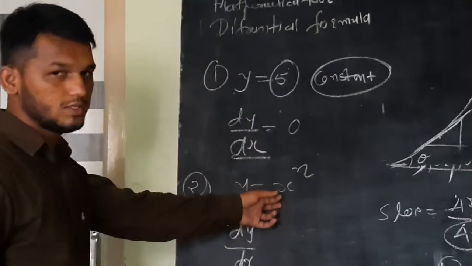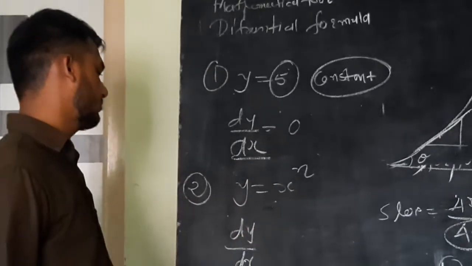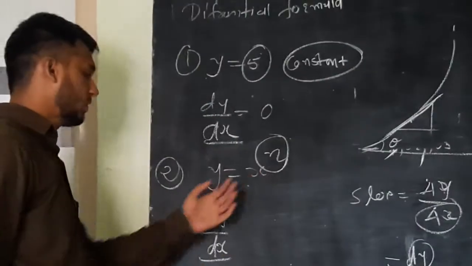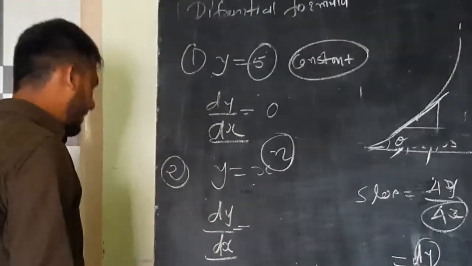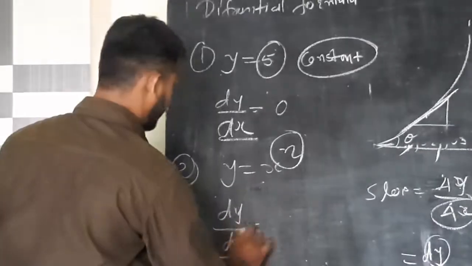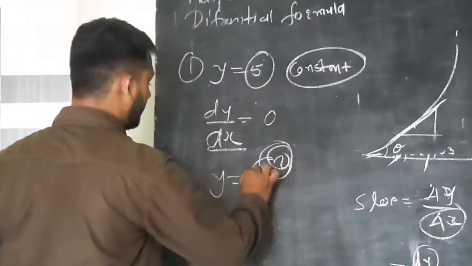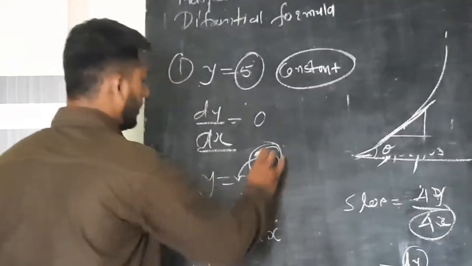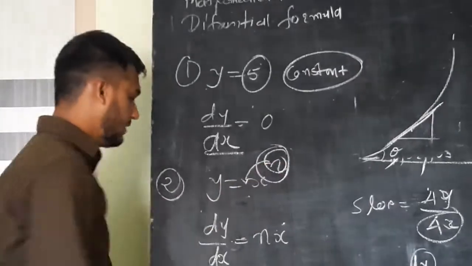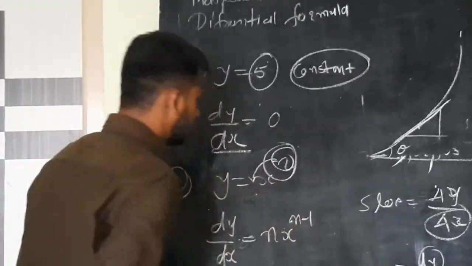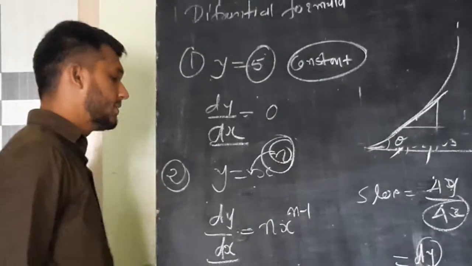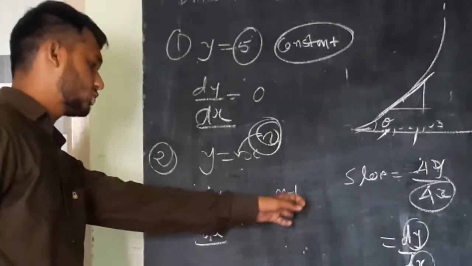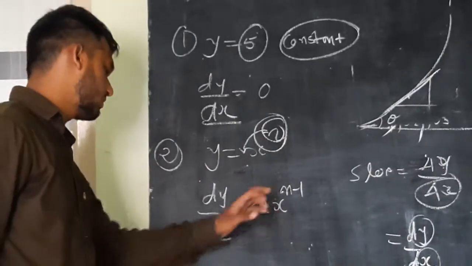In this one, first of all, what is x raised to n? It is the nth power of the value of x. What happens is that this n will come down to this position, and x raised to n, but one term will be minus. It means the power becomes n minus 1. So we will get n into x raised to n minus 1. It is the first phenomenon of that. So x raised to n minus 1. So it's a chain rule also.